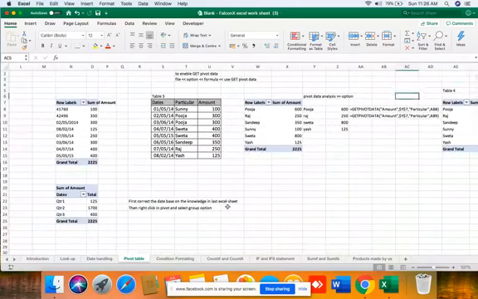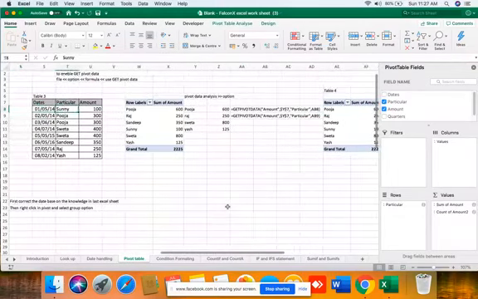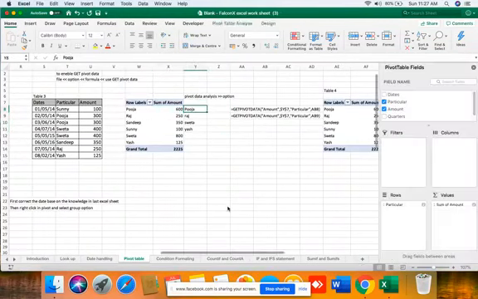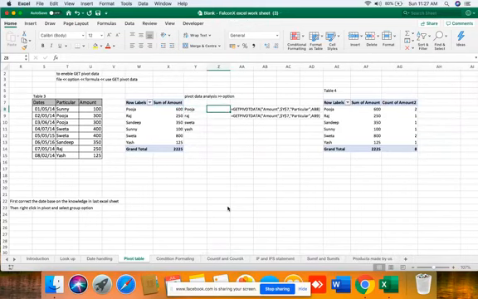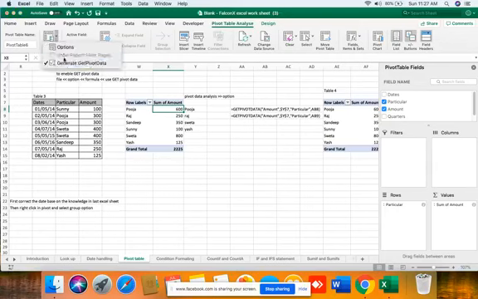Now let's come to GETPIVOTDATA. This is table 3. Now in a pivot table, things generally keep on updating. If something is added, you cannot just do an equal to and get the value from the pivot table.